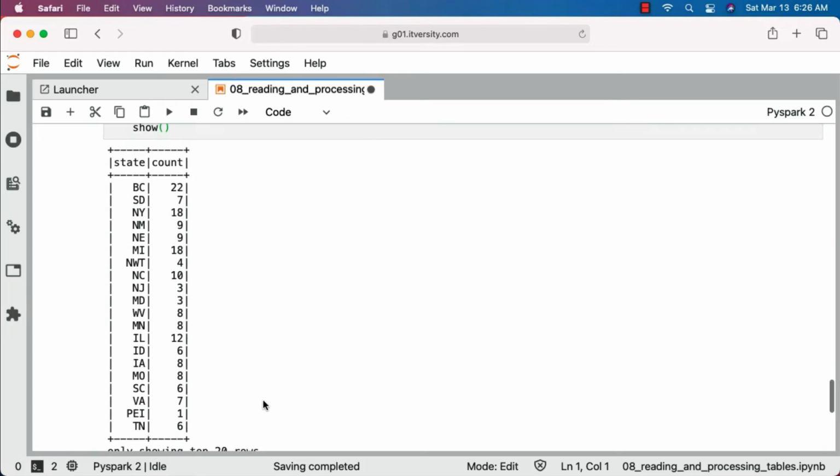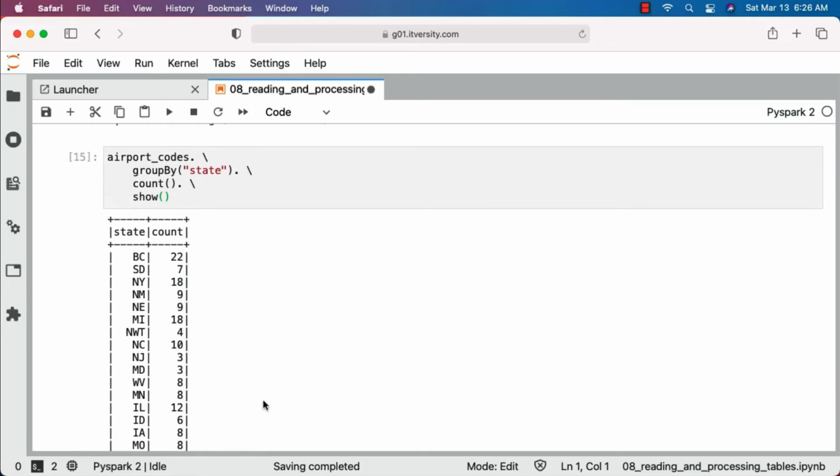This is how you should be able to read the data from Metastore tables into data frames and then use a data frame based approach to process the data using APIs such as filter to filter the data, group by to group the data by a key, and then perform aggregations using aggregate functions. If you want to sort the data, you can sort the data as well. Let's improvise this to provide an alias by saying airport_count instead of just saying count, and also we'll sort the data in descending order by count. Let me copy this and paste it.